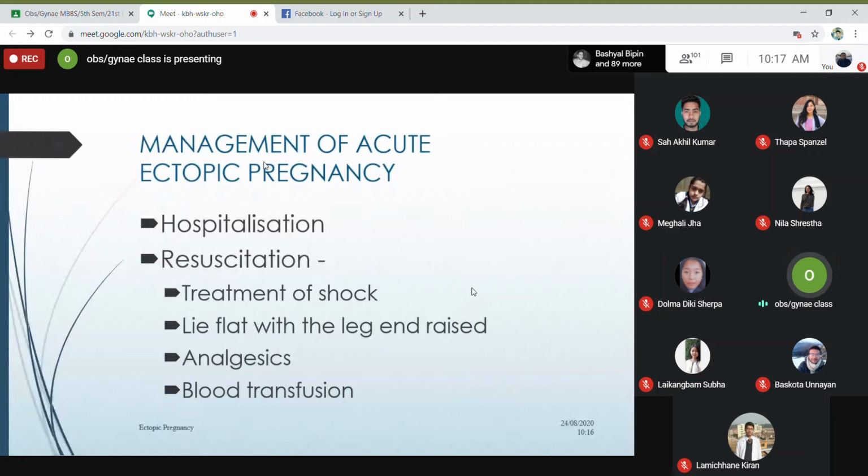Ectopic, ruptured ectopic. So what you start with is, you call for help, you open 2 IV on both sides of your hand. You open the management of shock. Okay, so it has to be there together. So you give her fluids, whatever you have first. So you open on both hands, you open the cannula. So large IV cannulas on either hands, okay, either arms, and then at the same time you send blood for